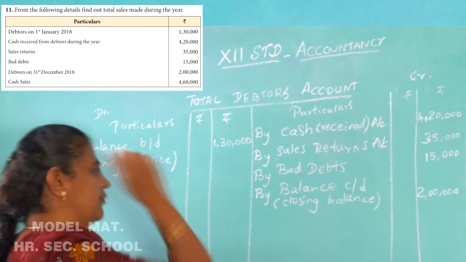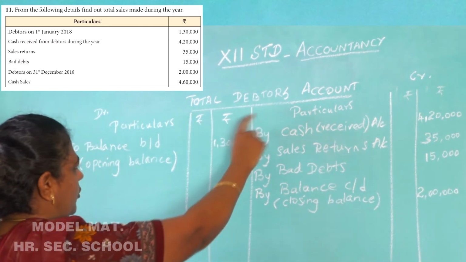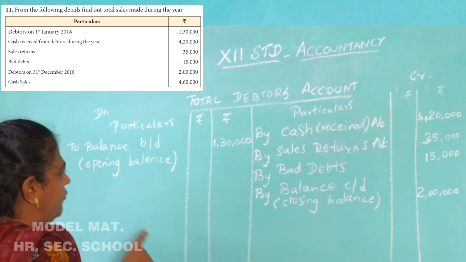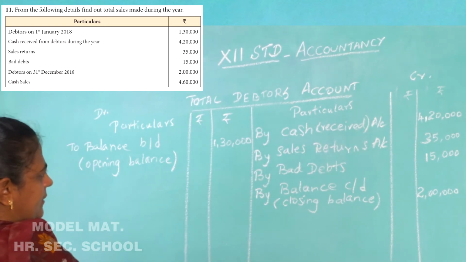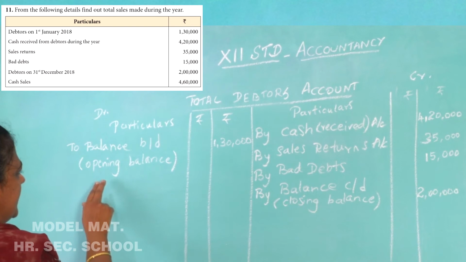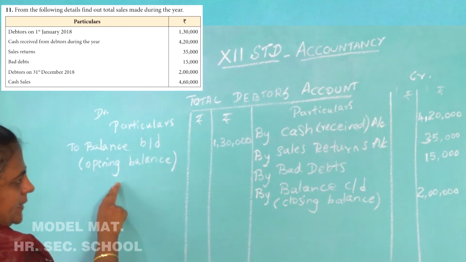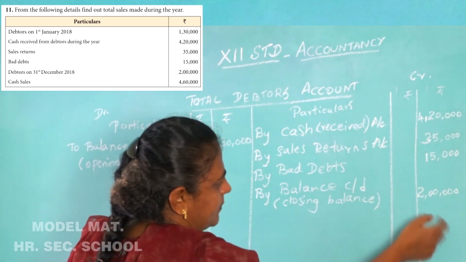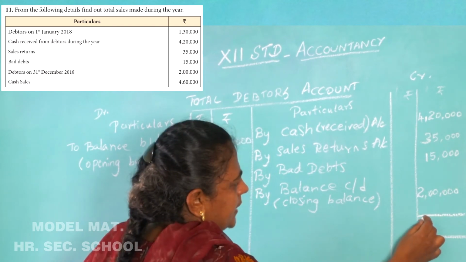Now, what for this debtors account is prepared? Total debtors account is prepared to find out the credit sales. So, credit sales is missing. Credit sales has to come on the debit side. So, first what you have to do, add up this, put the total for this. So, that will give